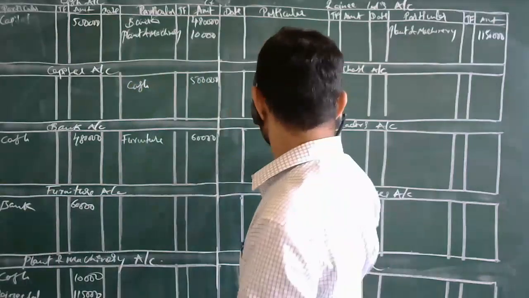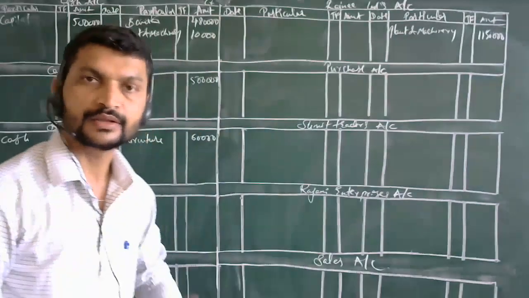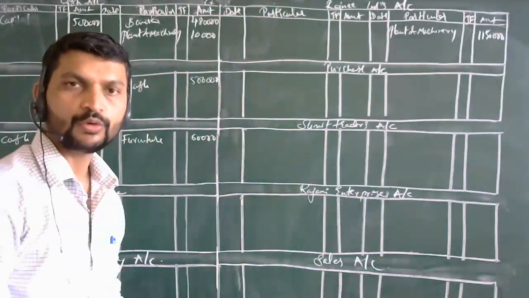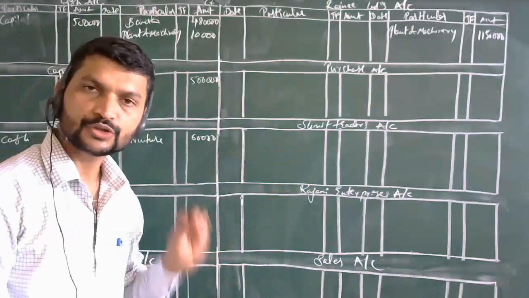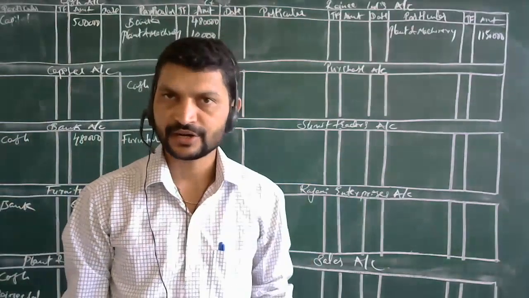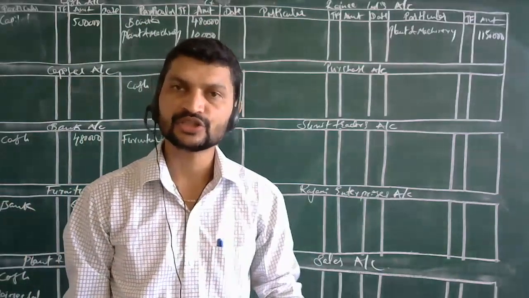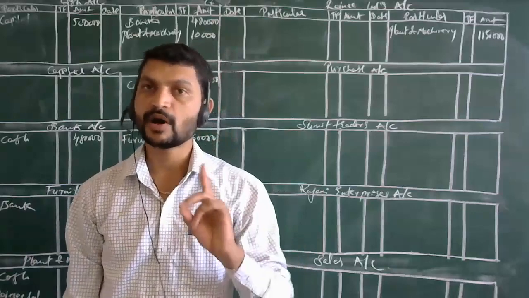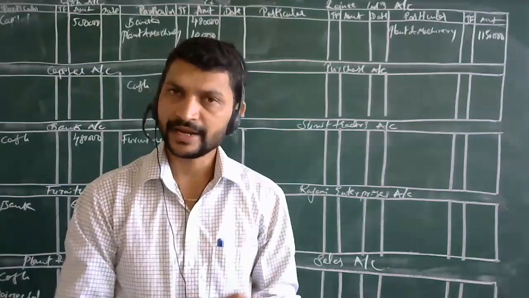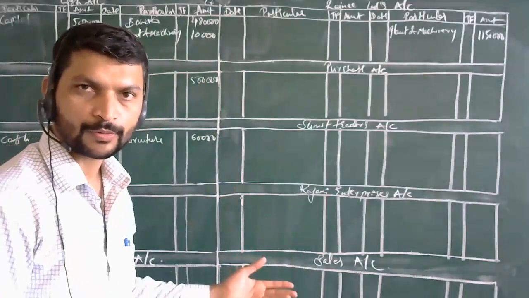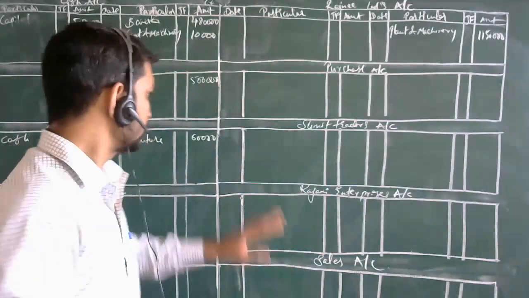Three more entries remain that we are going to end with this question, and one more question I will be proceeding with in today's class itself. So we will be ending after these ledger entries. We are ending with the third chapter. Which is the third chapter? Recording of the transaction part 1. We are ending this chapter today. After this problem and one more problem, we will be ending this chapter.